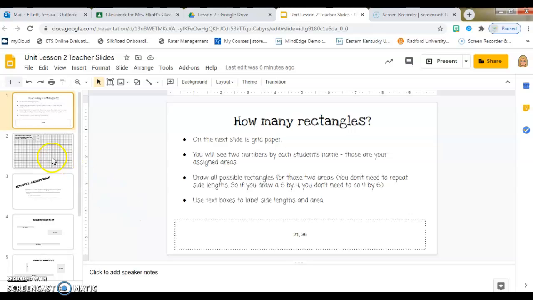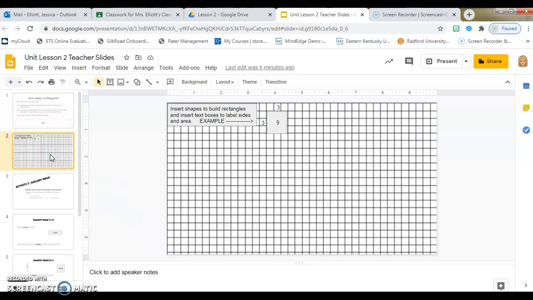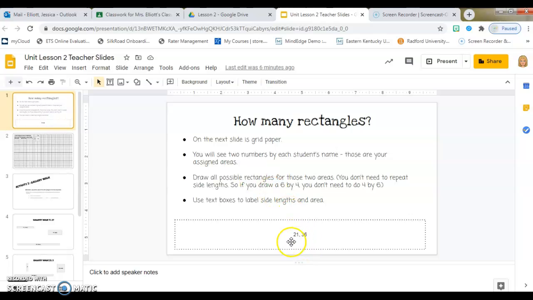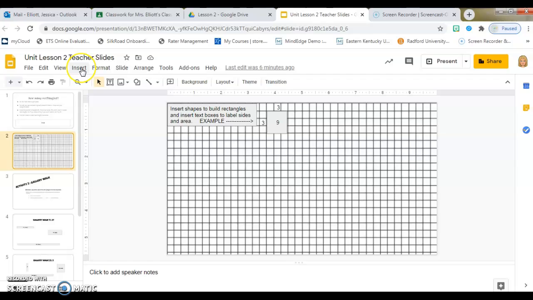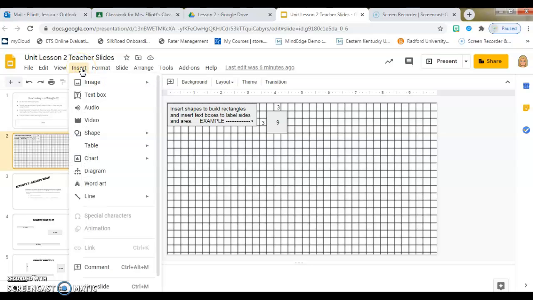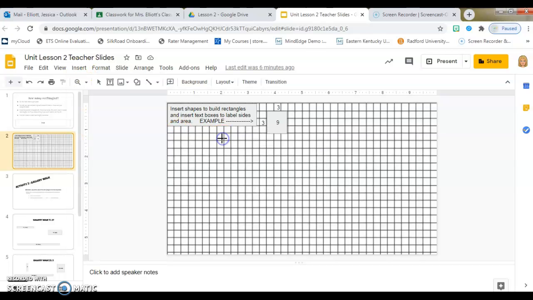So I'm going to go to my next page. Okay, and remember we've done this before. So I'm going to insert shapes to build rectangles. Now remember my first area is 21. So I'm going to think of all the ways to make 21. Well, start with your 1 and your number. So I'm going to go to insert, shape. Okay, I'm going to make it 1,